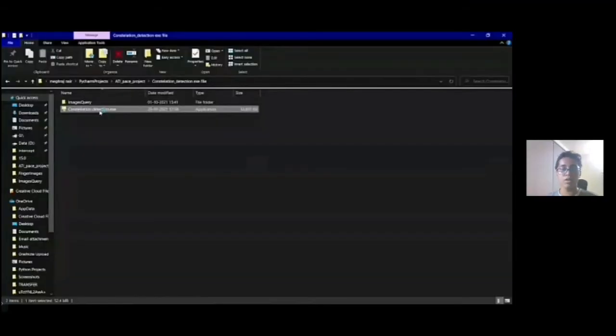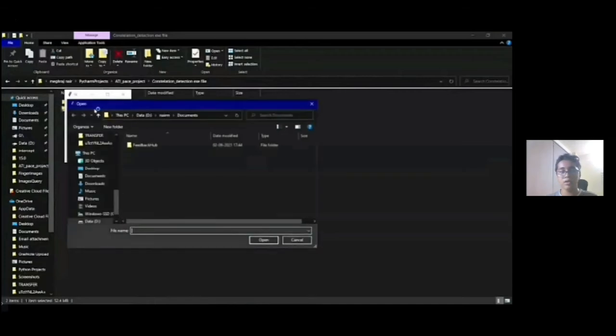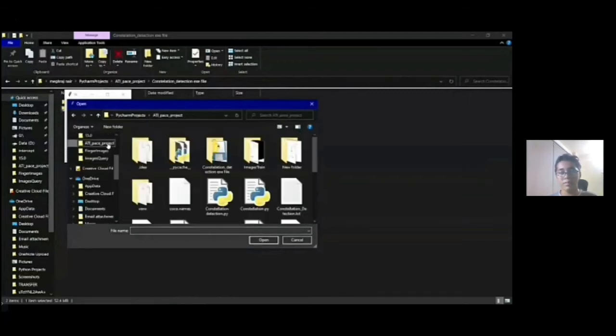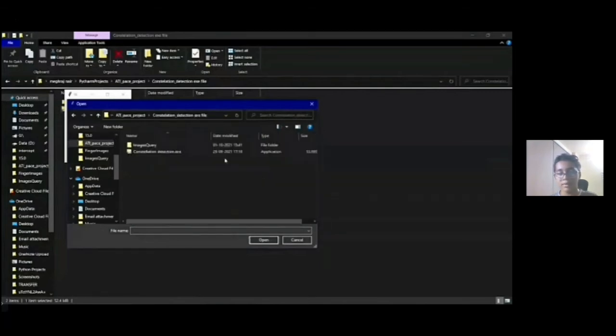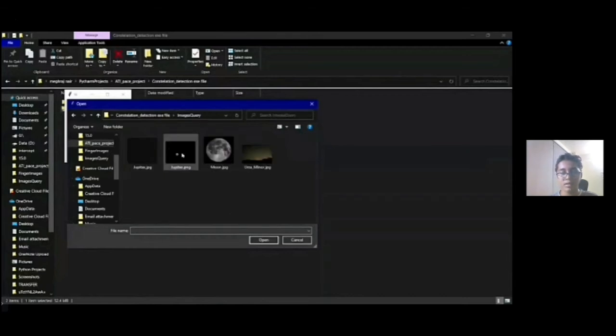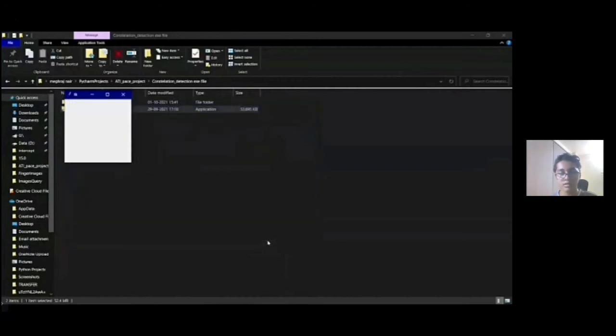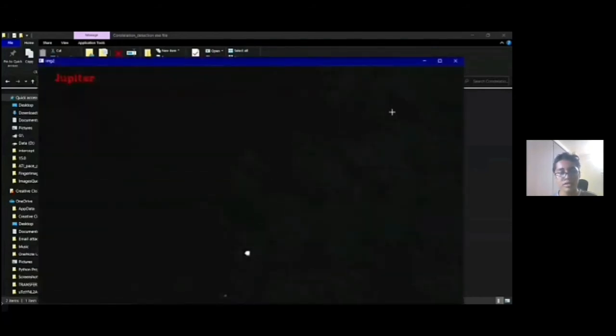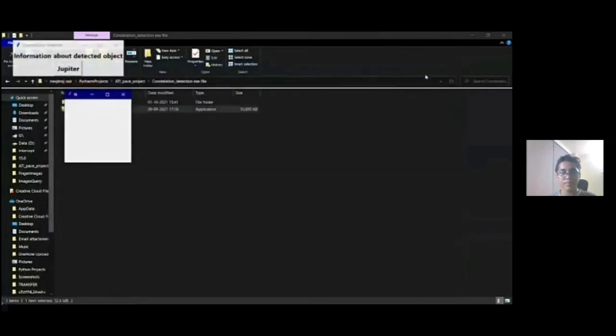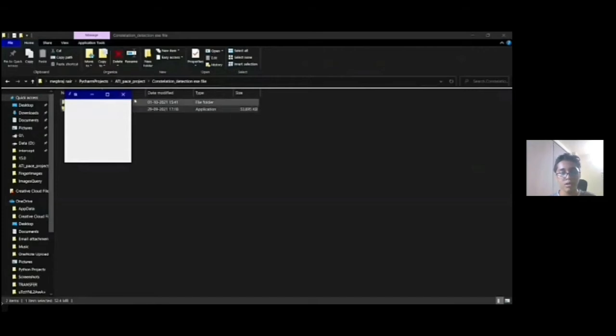So here it is. Since I've used my laptop, the file explorer is open for me to upload the image. If someone tried the same thing out with his or her phone, the file manager of the phone would have opened. So now I will be selecting a picture of Jupiter first that I had taken yesterday. So this was taken from my camera, and here you can see it has detected that this is Jupiter. It also gives me an option to show more information about it.